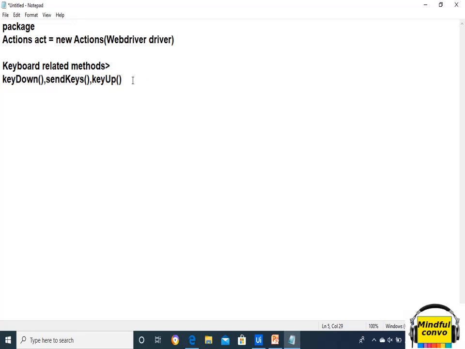So what is the syntax to send the text in the text box in uppercase? Here the syntax is the object of the Actions class dot keyDown, and here we need to write the element and Keys.SHIFT.